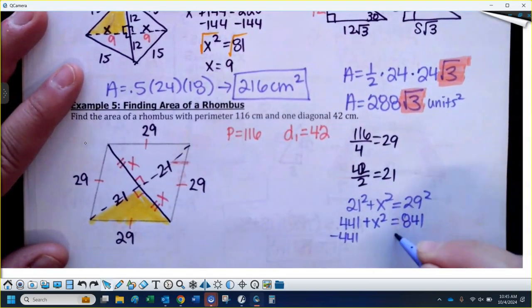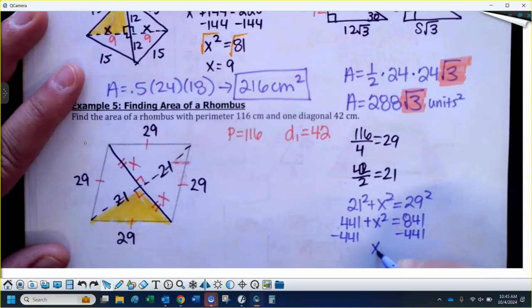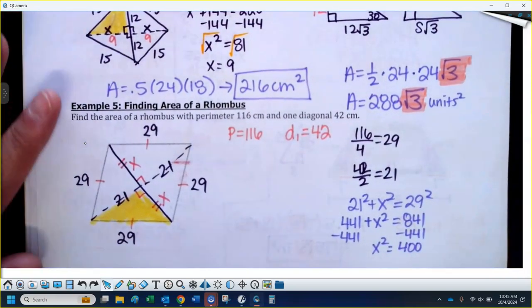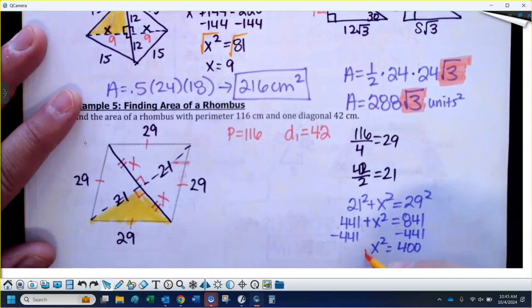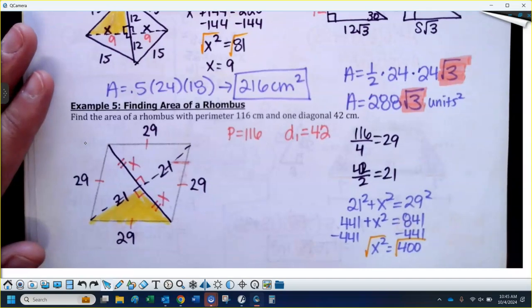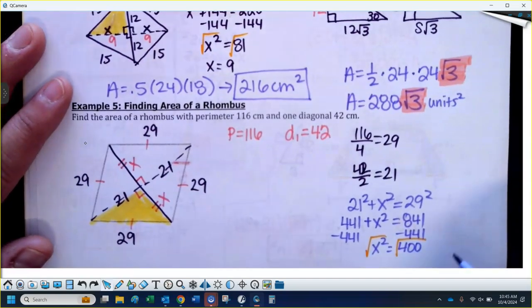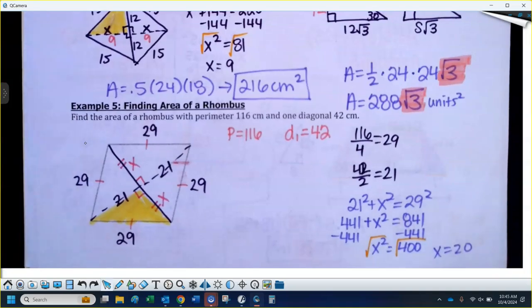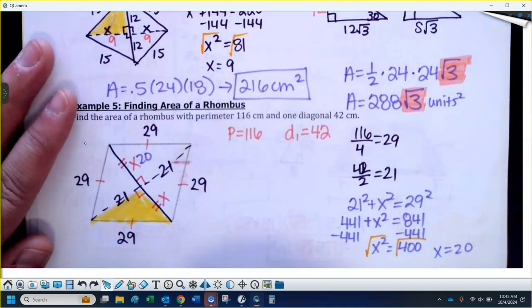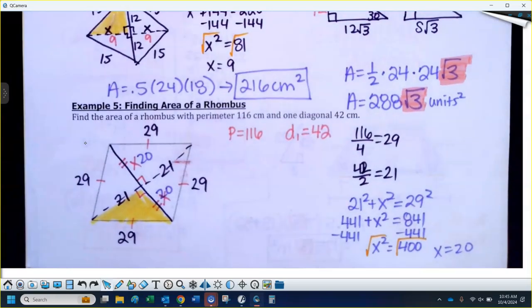I'm going to subtract 441. So we get x squared is equal to 400. Anybody? You can do it on your calculator. Anybody know that off the top of their head, the square root of 400? It's 20, yeah. So, now don't forget, when you're here, this piece is 20, this piece would also be 20,